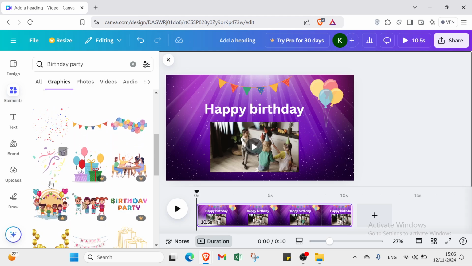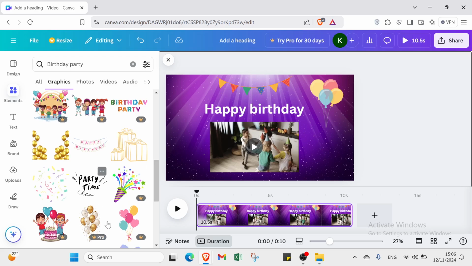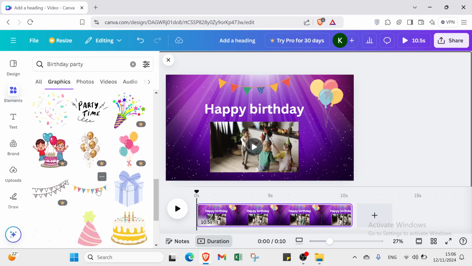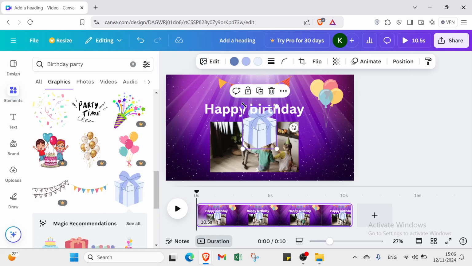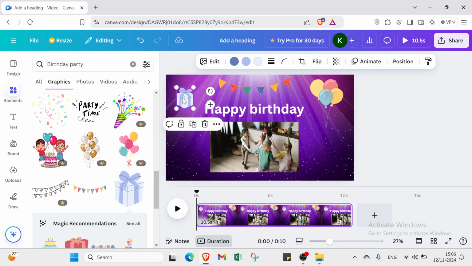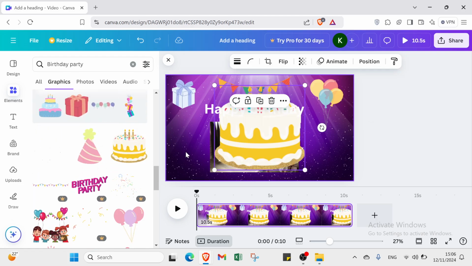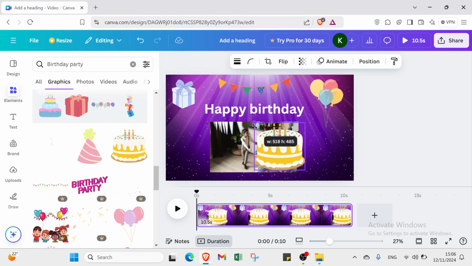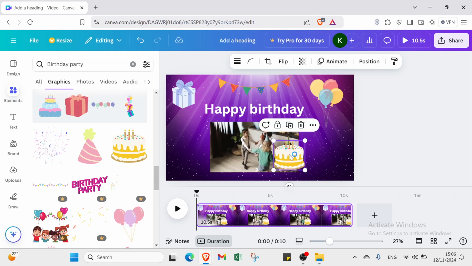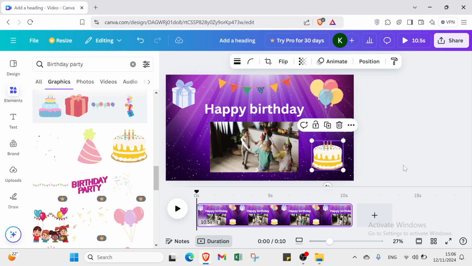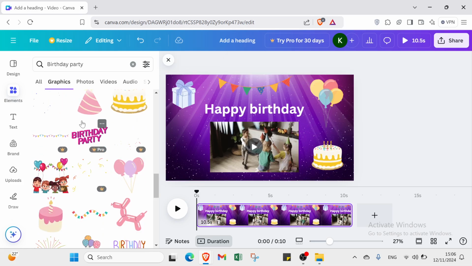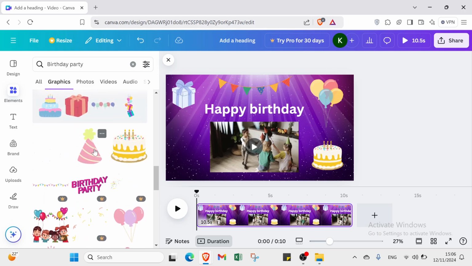Right, so here we have other things. Let's just search for this one, for example. Right, so here we have these gifts, and right now I will just customize the size as well. Then also I will just scroll down to add other things, for example this cake. As you can see, I'll put it in the top right, and let's add another thing. For example, I will add this one,